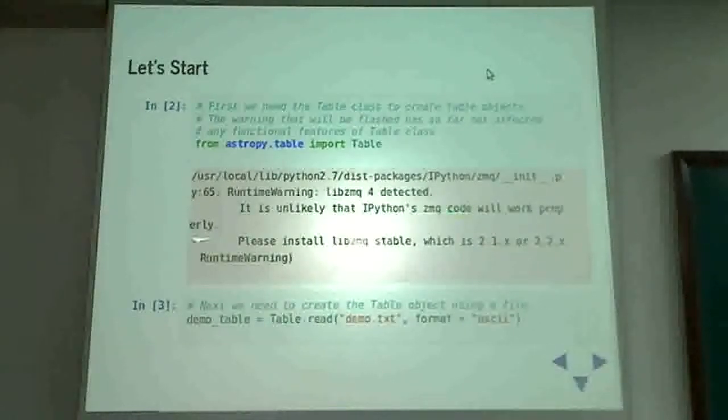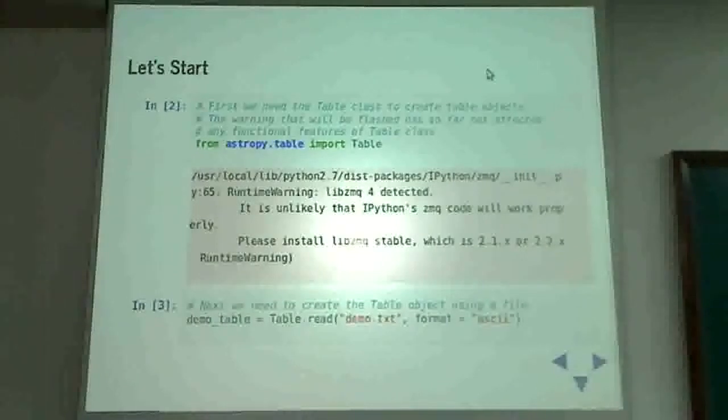Now you see a warning here. It's specific to my machine. I'm using a bleeding edge version of one of the libraries here. That's why it's warning me that, look, we haven't tested this module for this version. You may encounter problems. So these kinds of warnings can keep coming frequently because there are way too many modules that are internally used by AstroPy. So you can get such warnings. So long as your user experience is not trashy, you shouldn't worry about the warnings.